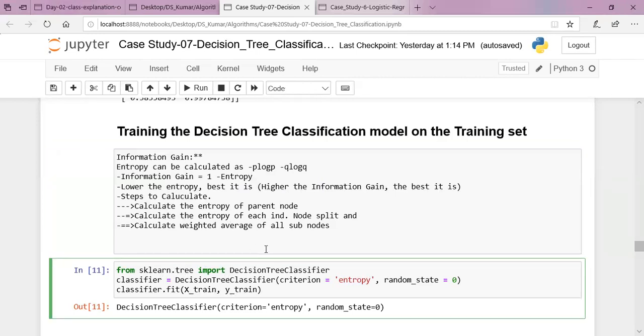Now simply see here, friends. Earlier we have used the neighbors and we have used some kind of the linear model. Now we are going to use the tree based models. Okay, na? Hope you got the point. So from sklearn.tree import decision tree classifier. I am making use of this decision tree classifier because the decision tree is also there for regression also, decision tree regressor like that we are having. So now classifier as usual, decision tree classifier, and here what I am doing, I am giving the criterion as,